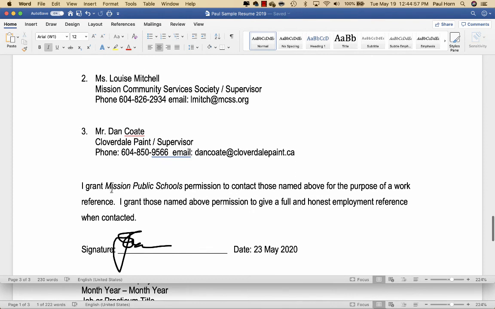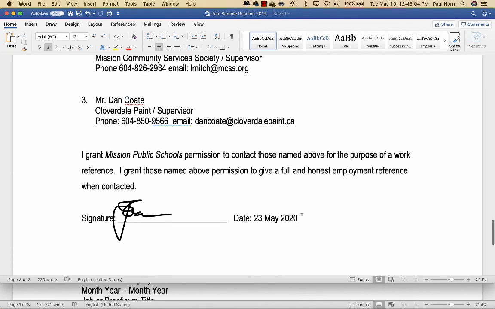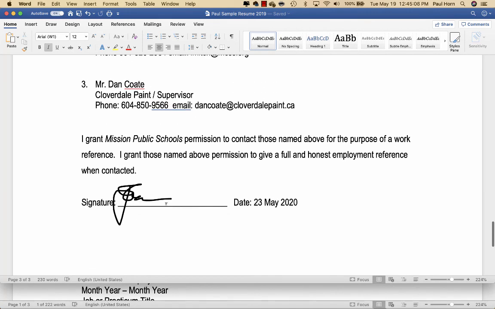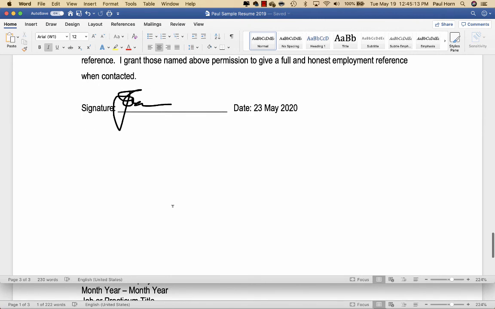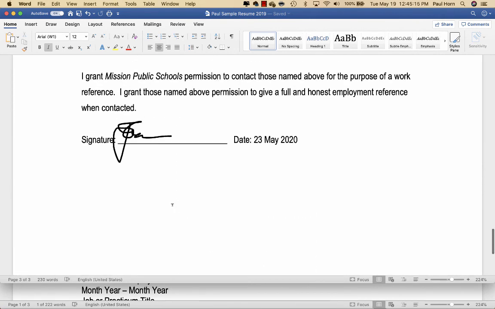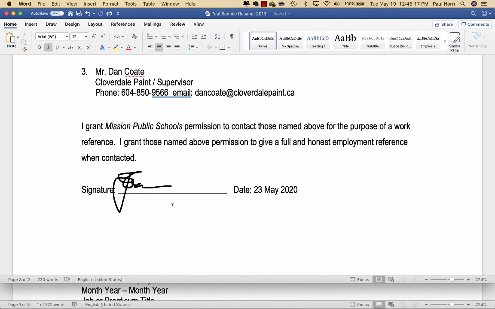And you type down here the name of the school that you want or place that you're applying to. You type in the date that you sign this, and I've shown you on the earlier part of the video how to sign this. You can sign it so that they can then go ahead and send it without needing to do any of the form. Even if they get you to do it all over again, you're just communicating, I came ready and I have